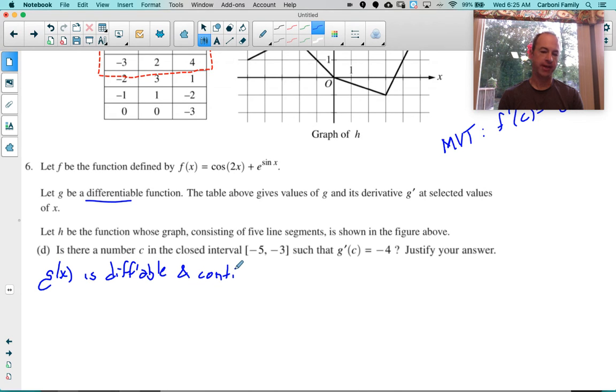In 2019, I graded AP exams, and there was a mean value theorem question on the AP exam. If they did not say that the function was continuous, they lost a point. I know that differentiability does imply continuity. However, in 2019, you actually had to write the word continuous somewhere in your work. So make sure you do that. So g is differentiable and continuous. Therefore, the mean value theorem guarantees